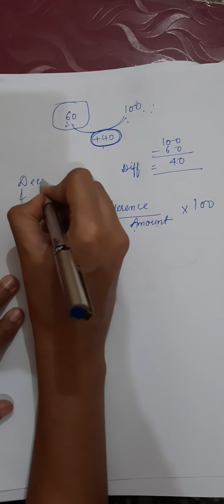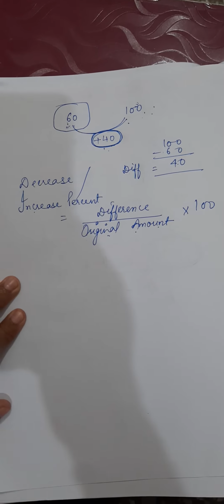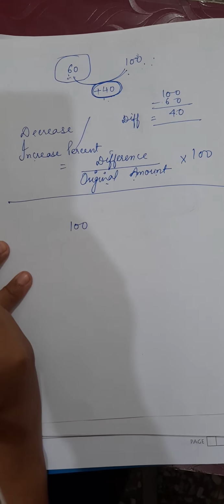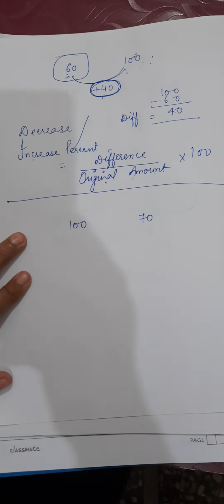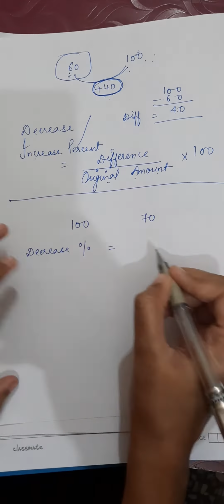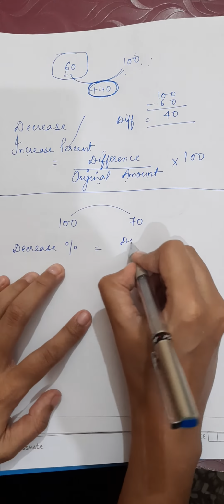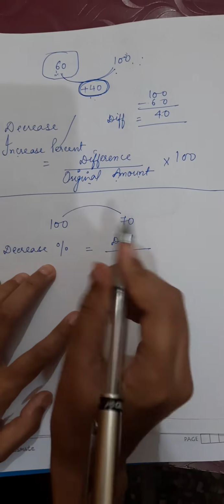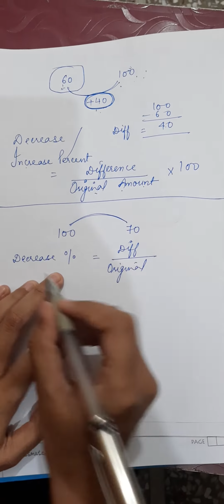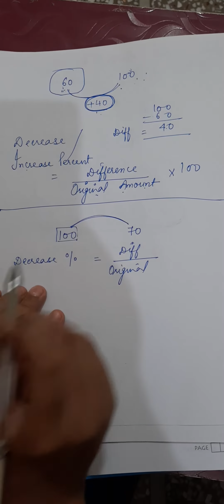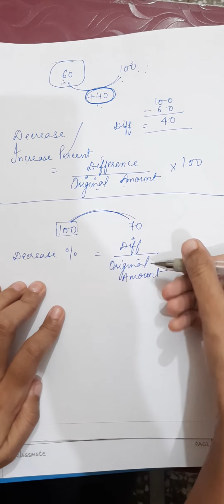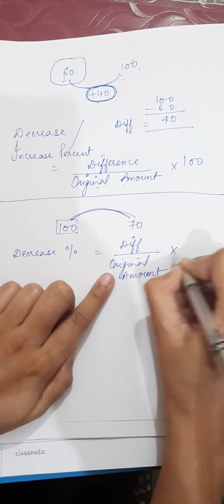Similarly, if it is decrease percent, the same concept applies. Okay. For decrease percent, for example, I had 100 rupees. Now I have 70 rupees. For decrease percent, again, first of all I am going to find the difference, by how much I am less. I have the lesser amount. Divide by the original amount. Why the original amount? Because on the basis of this 100 I was able to decide that now I have a lesser amount. So in the denominator will be the original amount, into 100.